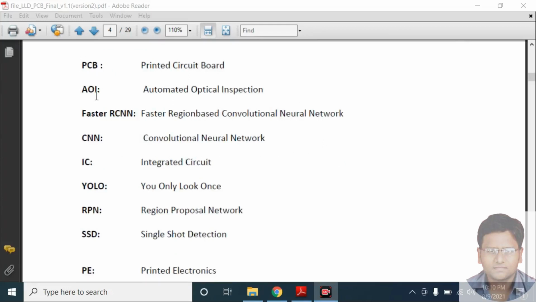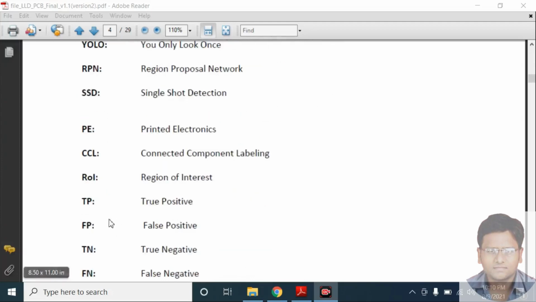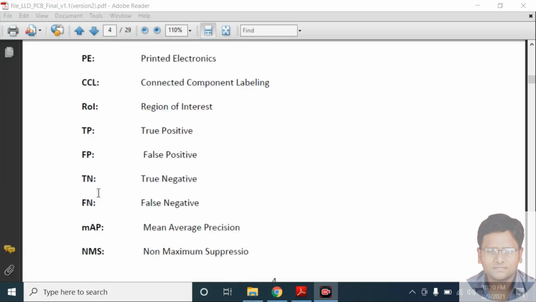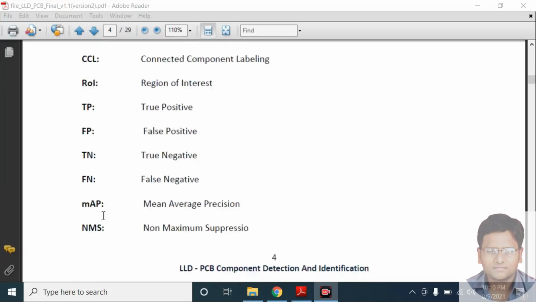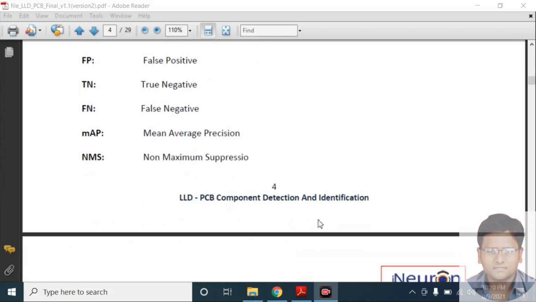This is PCB, AI, AOI, Faster RCNN, CNN, IC, YOLO, RPN, SSD, PE, CCL, ROI, TP, NP, TN, MAP, NMS. As our project was a detection project, we used mAP crucially in this project.